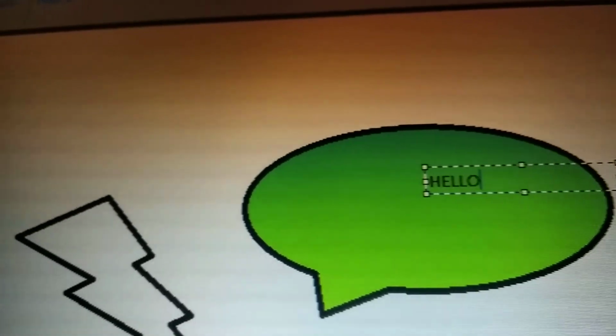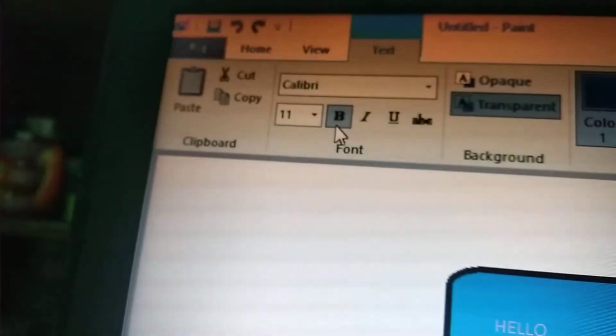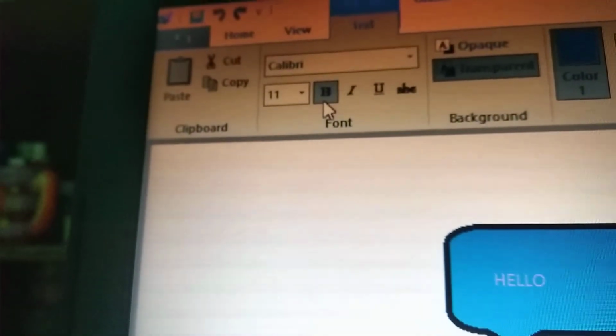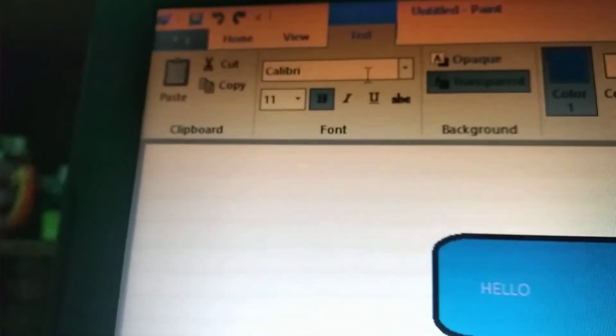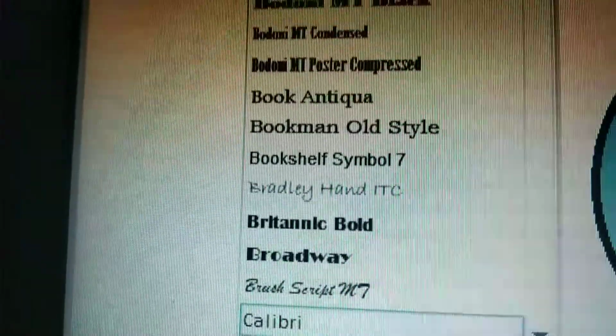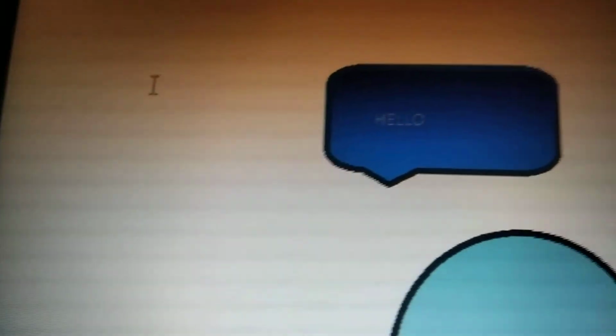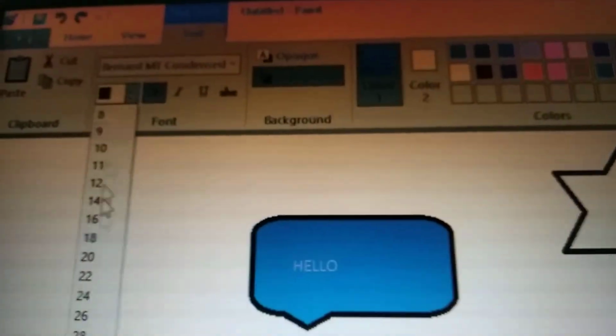I am clicking here bold. Now we can format this from the font group. I can change the writing style from here also. I have taken this writing style, and then bold, and then some bigger size like 18.